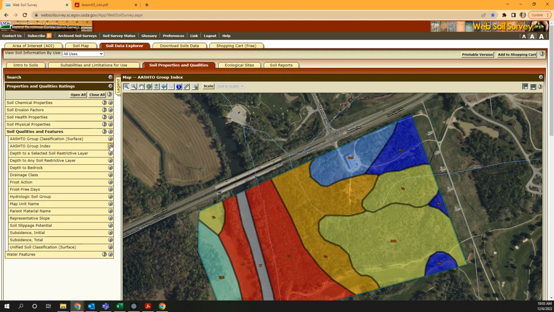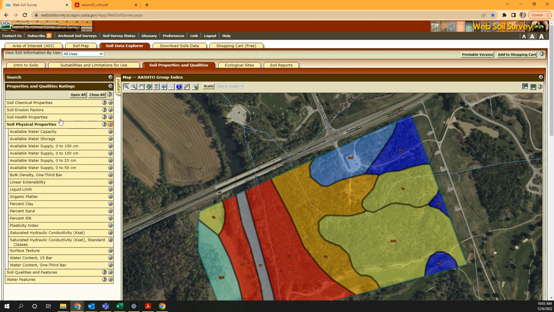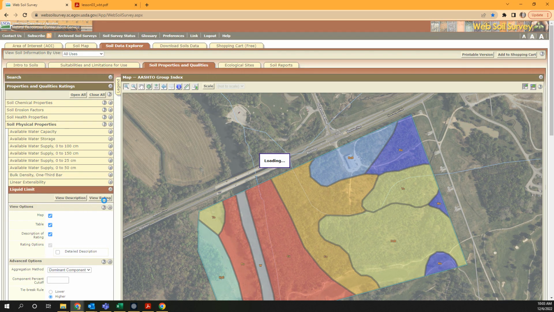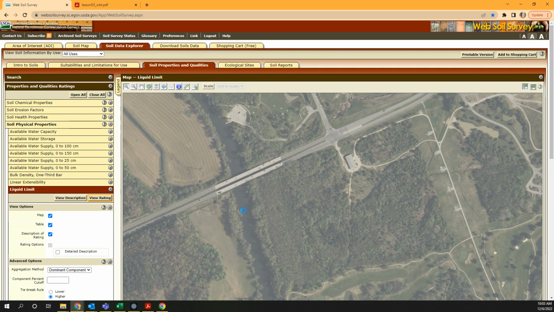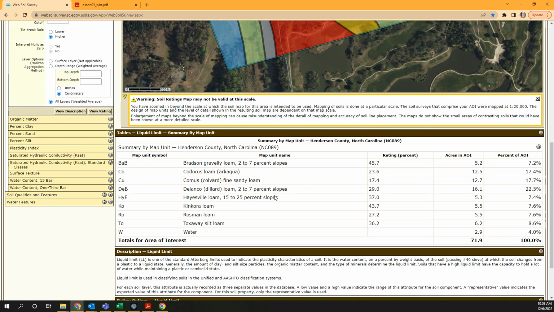AASHTO takes into account both the liquid limit and the plasticity limit. And so when we're looking at the liquid limit and plasticity limit, those are under our soil's physical properties. So let's look at liquid limit first. Liquid limit means the number at which the water percentage of the soil is the minimal. So if I have 45% of a Bradson Gravely loam in our example or more, then at 45% water content, that's when I'm going to start